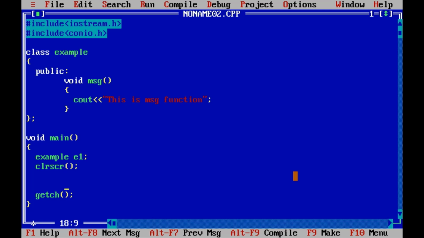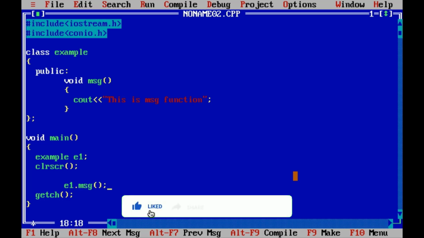Through e1 we can access the member function of the class. So e1.msg(), this is the calling of the function.